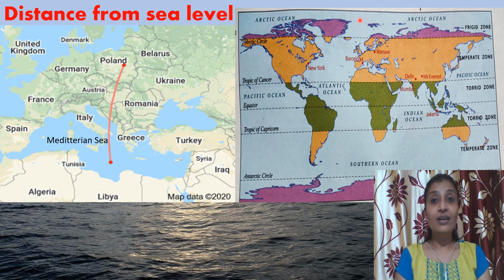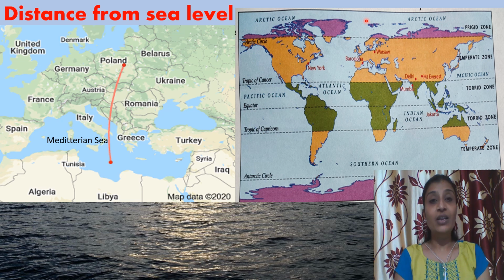In summer, the temperature of Delhi goes up to 42 degrees Celsius during the day. And Mumbai's temperature goes up to 33 degrees Celsius during the day. Though Mumbai is close to the equator, it is less hot than Delhi due to the sea. Okay, now we will look at the climate of other countries in winter, that is in the month of December.